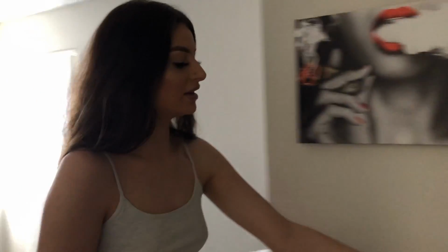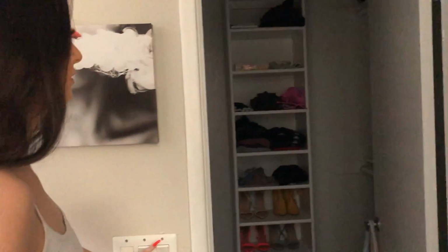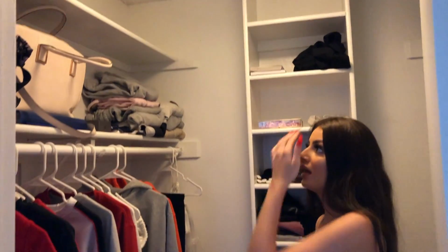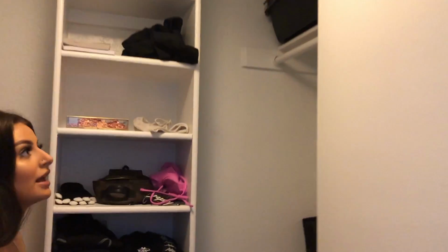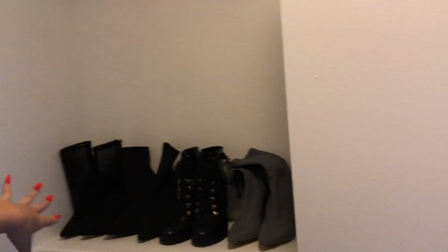Should we show them the closet? Yeah, okay, let's show them the closet. So the closet is really spacious too. Obviously this is not how I'm gonna keep it. For now I just threw everything in here because I'm still trying to unpack my things and get everything together. It has 2 shelves up here, and then you come in and it has 2 more shelves up here, so it's really roomy. And then